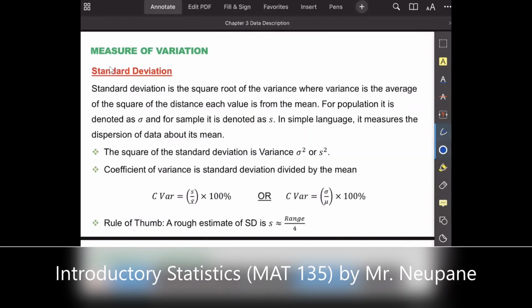So today we are going to begin our class with the measure of variation. We have started measure of variation in the last class, and we worked on one measure of variation, that was the range. Now today we are looking at the second measure of variation. It is called standard deviation. This is a used concept in this course, and each one of you must know how to calculate standard deviation